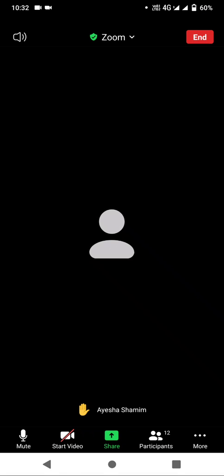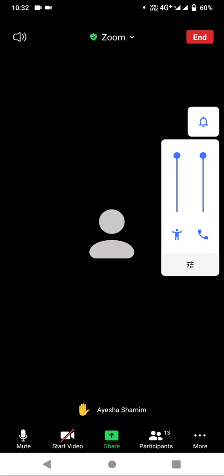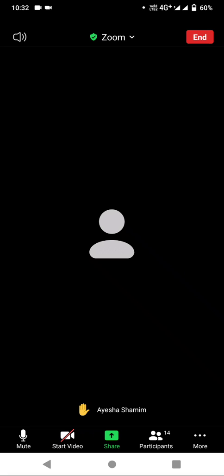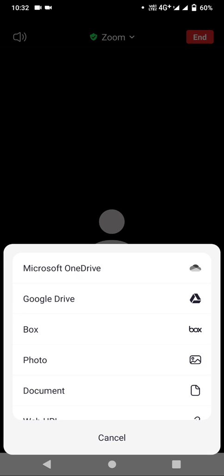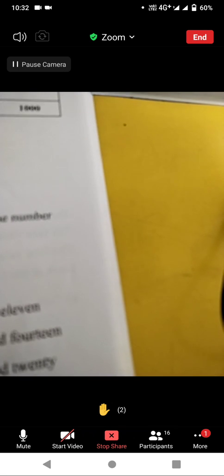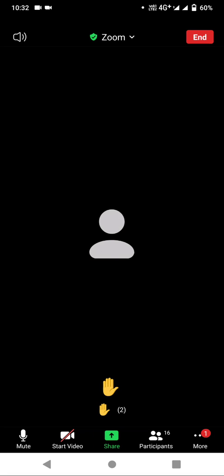Okay, so students, in last class we have studied about number names, how to write three-digit number names. Today also we'll continue with this same topic. So let's have a quick recap of how to write number names. Basically, number names are the word form of numbers. In this we write numbers in word form.